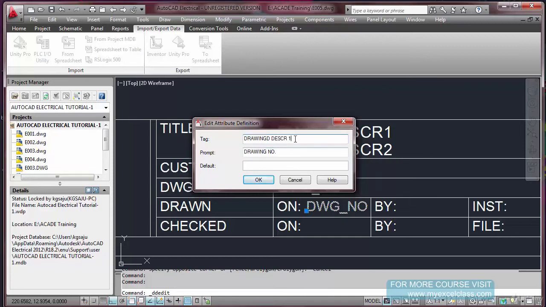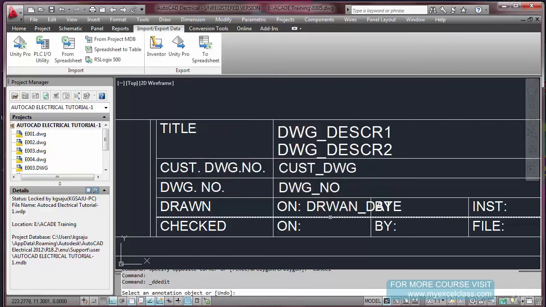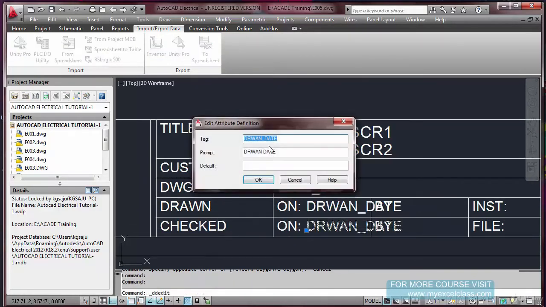Copy. Drawn date. Copy this one, bring it down. Check date. CHE, check date.